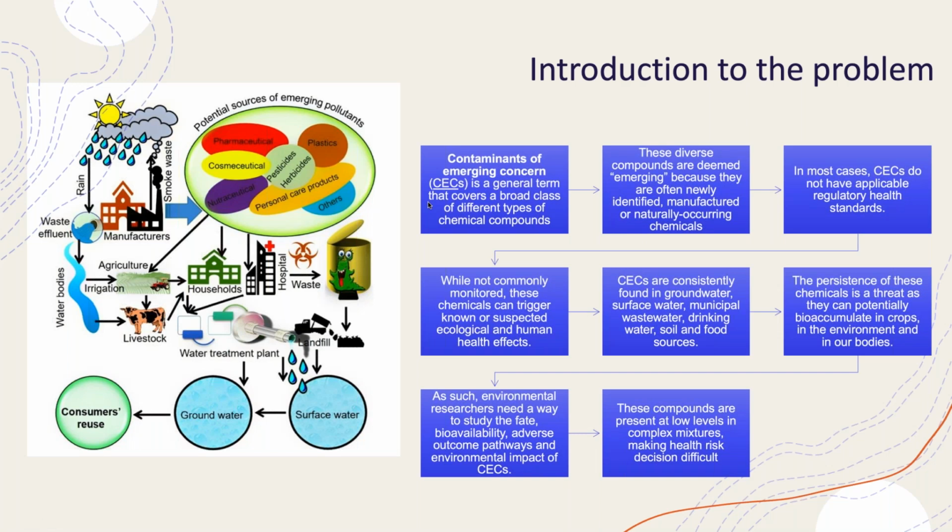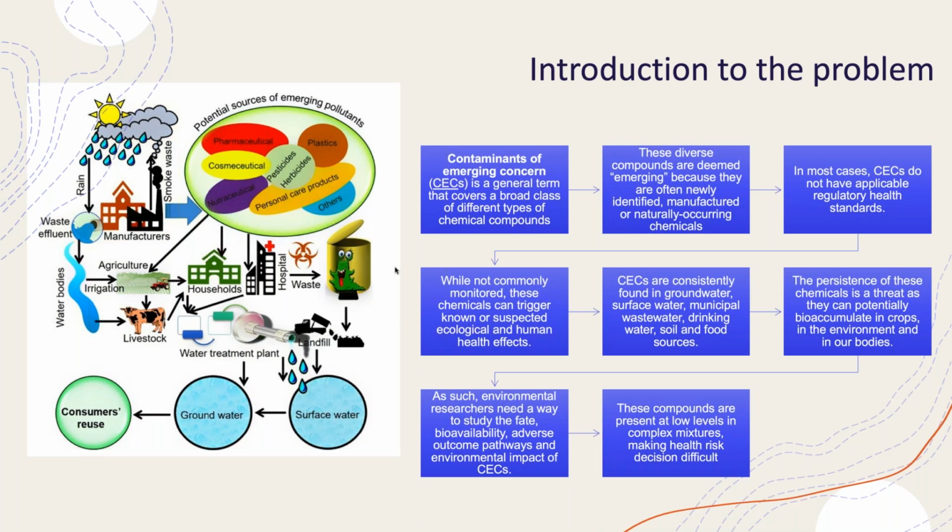And they get this term emerging because they may be newly manufactured, they may have just been identified, they could be naturally occurring chemicals that haven't been scrutinized through the regulatory agencies. So in most cases, these contaminants of emerging concern have not been looked at from a regulatory standpoint. But that's not to say that they are without consequence, because many of these compounds are suspected to have ecological